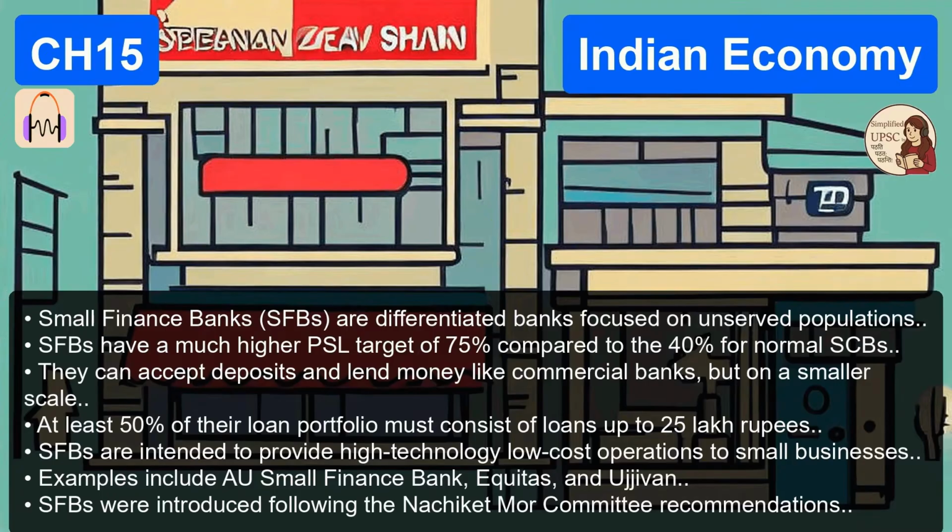Speaking of starving for capital, for decades, a huge chunk of India's population had no access to banks at all. No savings accounts, no formal credit, just cash hidden under the mattress. Let's move to segment 6, financial inclusion and new banking models. This has been a massive buzzword for the last decade.